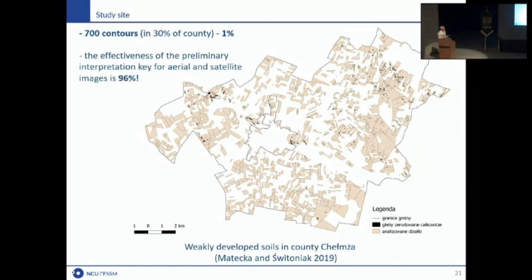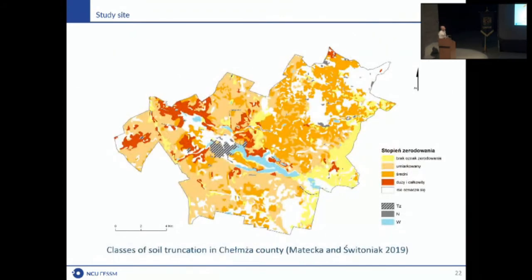Another very important thing is that it works. So first we found it on the orthophoto map, then we go to the field, and then we check, is it true or not? And we made a lot of drillings, like, I don't remember now, 90 or 100 of them. And 96% of our estimates were done well. So we can say that it's a very, very easy method to find this soil.